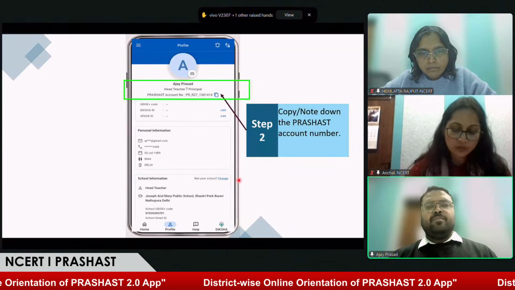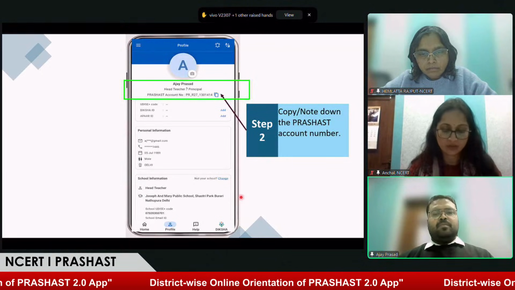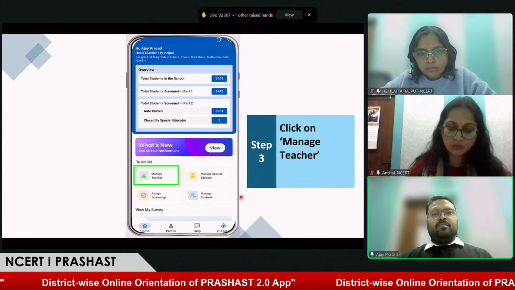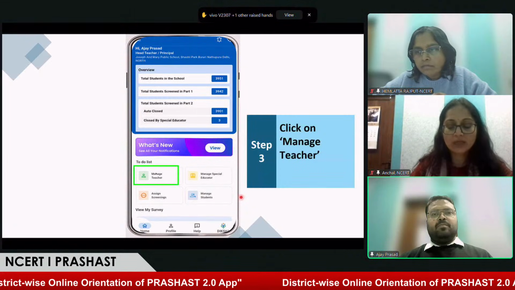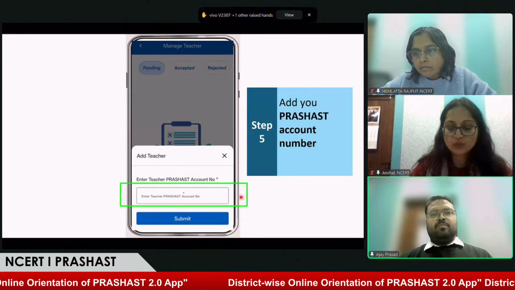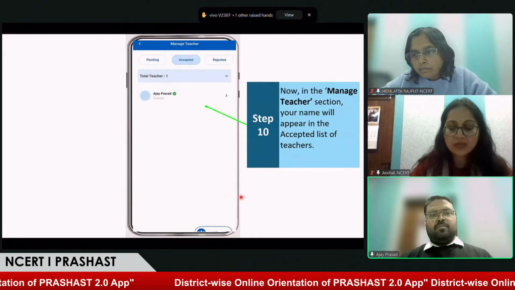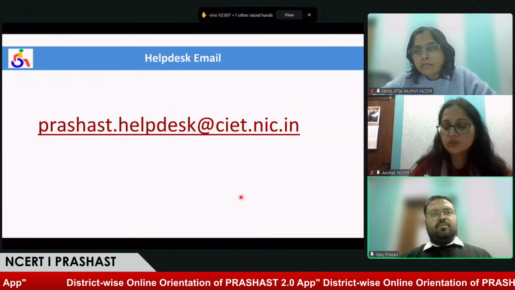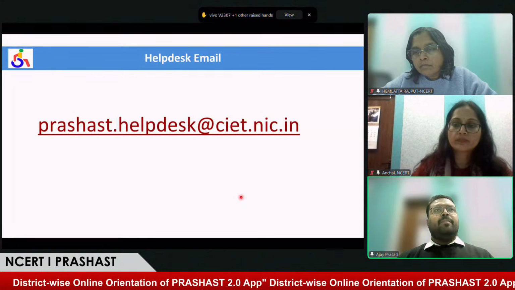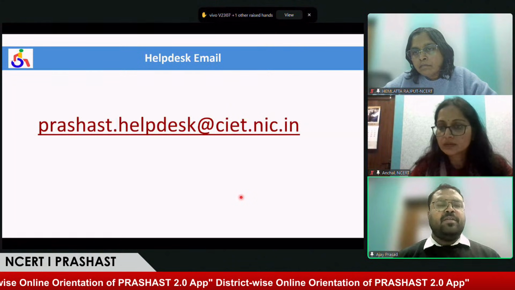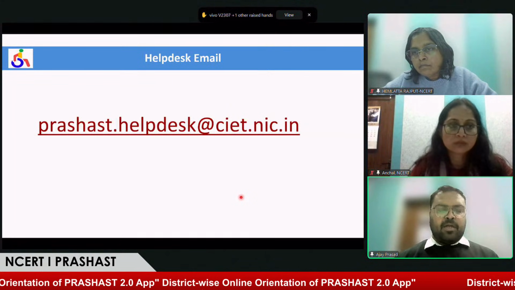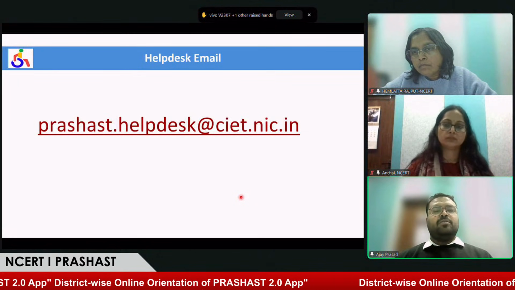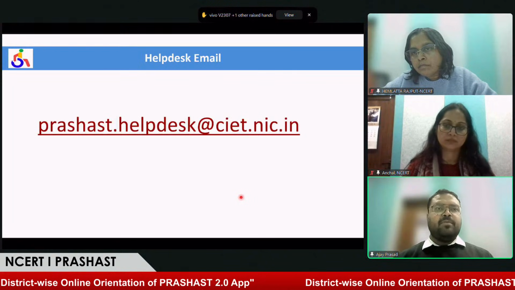Yes, ma'am. So thank you, Ajay sir, for clarifying the doubt of the users. One more doubt we received from multiple users like Ginny, Surya, and Asha ma'am: when we try to log in, invalid Aadhaar or invalid phone number is showing. Ma'am, these are errors we receive when the Aadhaar number or phone number is not linked with the DigiLocker account. So we request you to please check once with DigiLocker.